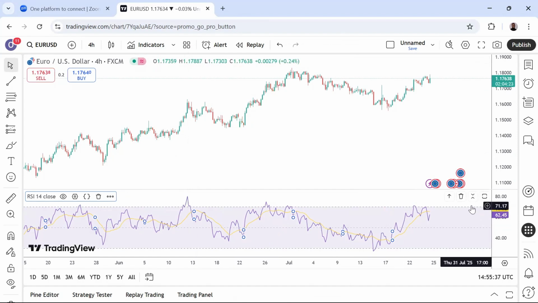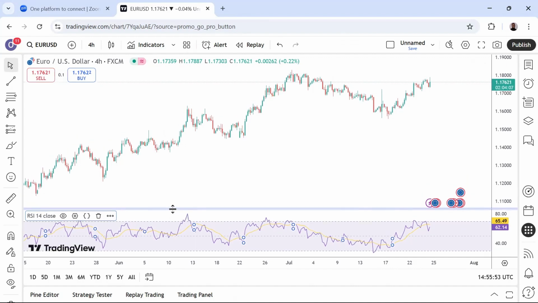Now, first of all, you have to note what we call the overbought and the oversold region. Anything above 70 is overbought. Anything below 30 is oversold. However, you don't want to just focus on trading the overbought and oversold regions as a trader, because there is a very common mindset in the traders' community that once the market is overbought, you should place a sell. That doesn't work most of the time. For example, at this point it was overbought. If you had placed a sell, you would have lost money because the market kept on buying. So that is the first thing to take note of.